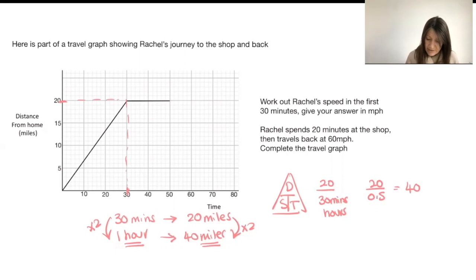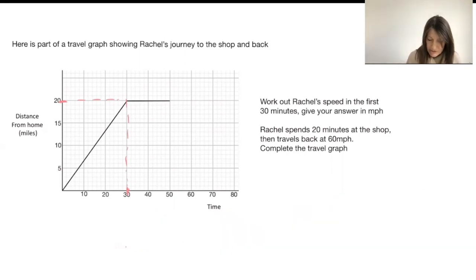So the next question is, Rachel spends 20 minutes at the shop, and then she travels back at 60 miles per hour, and you have to complete the time graph. Okay, well, if she's traveling at 60 miles per hour and she has only a distance of 20 to travel, yeah, she is 20 miles away from home, we've got to consider what she could travel